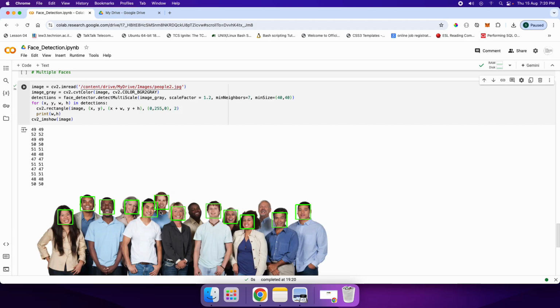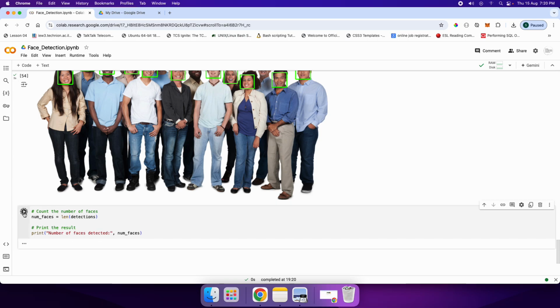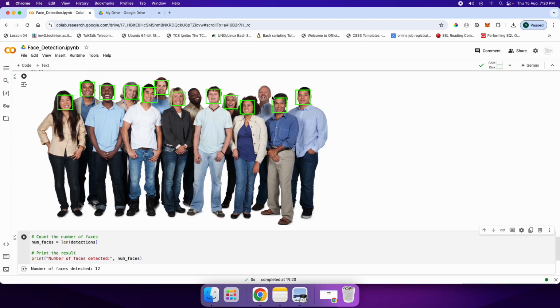Okay, now one more thing I would like to tell you about this particular reference which is holding this entire matrix. Because we are looping through this matrix, I can utilize it to find out the length, or how many faces it has detected in the image. We can do that very easily, and for that we will just take the length of this, and we will find out the number of faces detected. Although I know that a couple of faces were not there in the canvas, but still